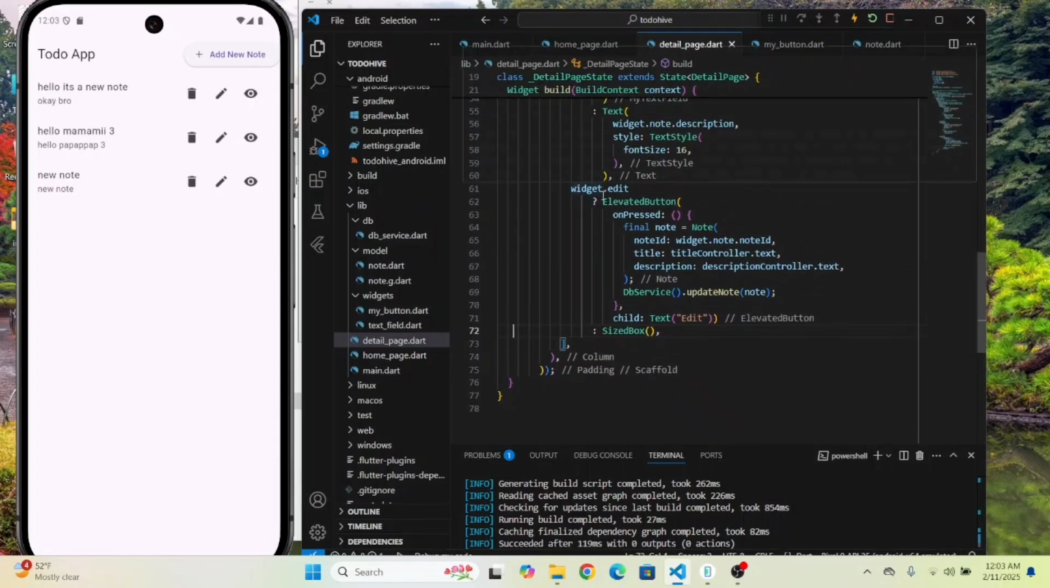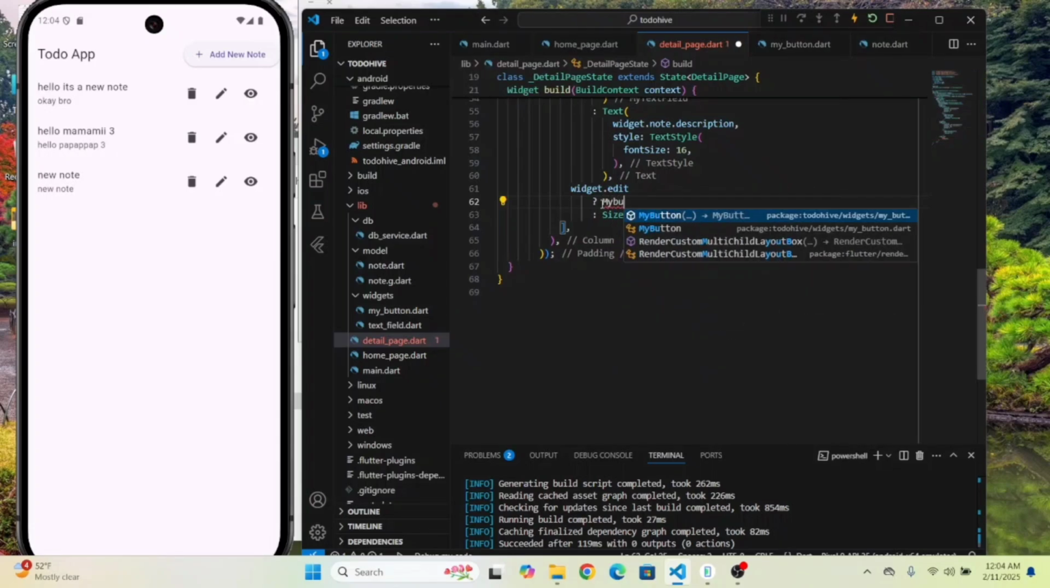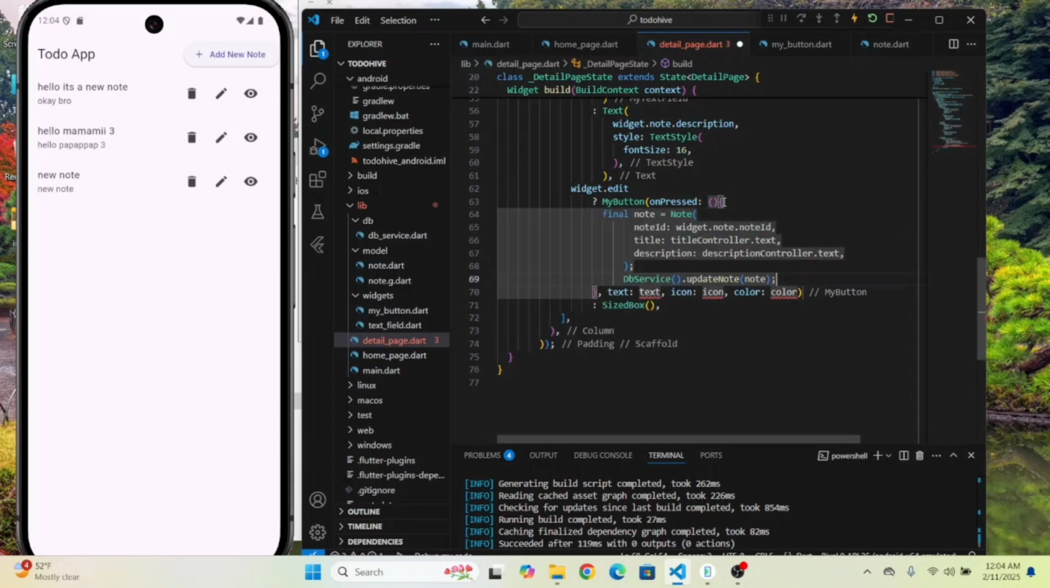What is the elevated button? Okay, instead of hard coding this, now let's copy this one. Let's copy all of this from the onPressed function and let's remove this elevated button and type here my button. Now in the onPressed function, let's put this and keep the text,